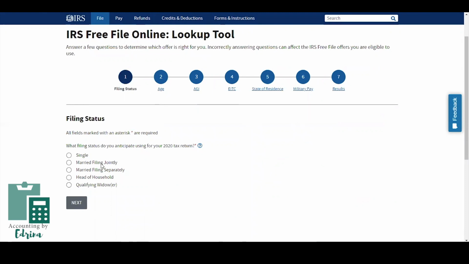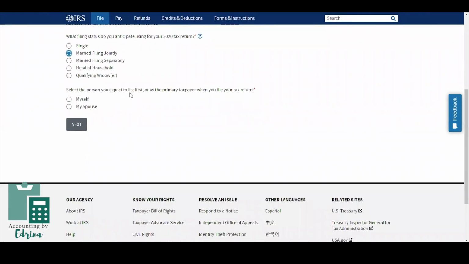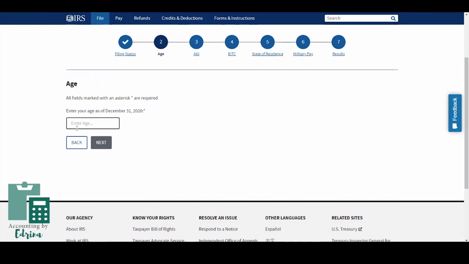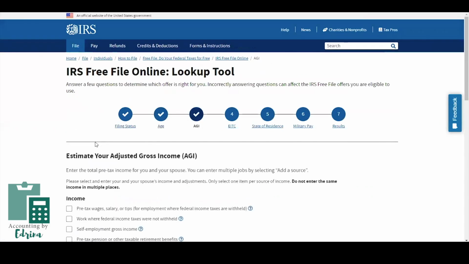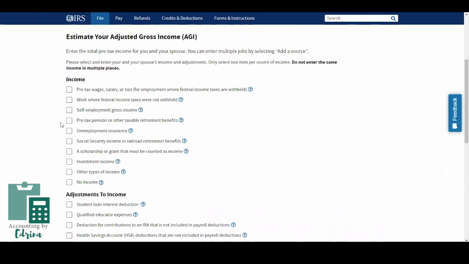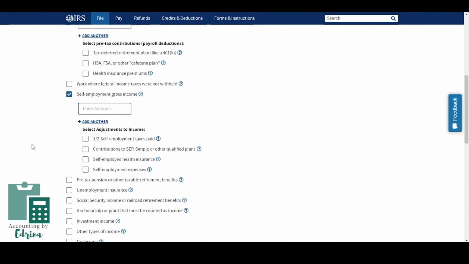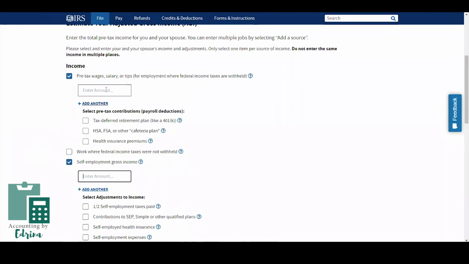So for Mrs. Needs to file her tax return, she's going to be married filing jointly. Select the person you expect to list first as the primary tax person. So you could say myself or my spouse. And then all fields, so you just enter your age. Let's say she's 35. And then your adjusted gross income. Now, if Mrs. Needs to file her taxes, she has her wages all ready to go. She can enter that in. She can also enter in the self-employment gross income. And let's just go ahead and put in,